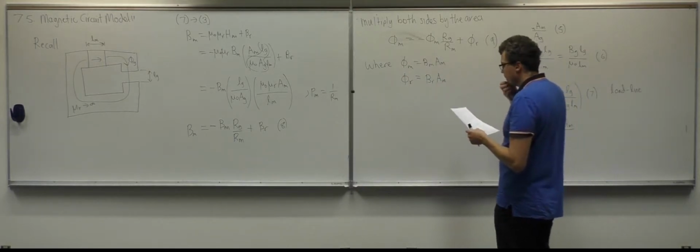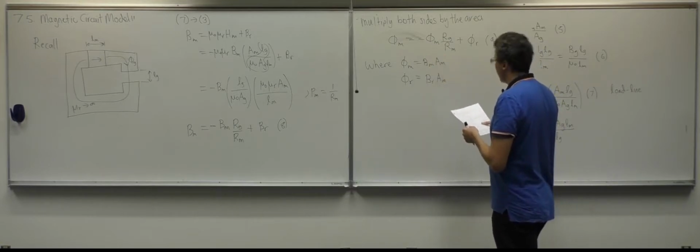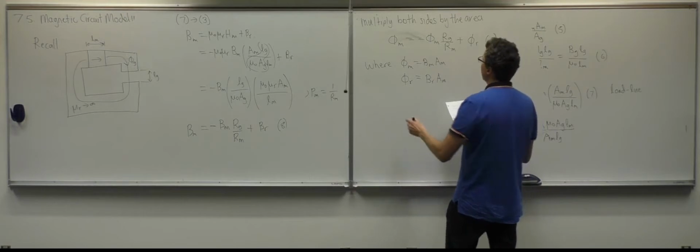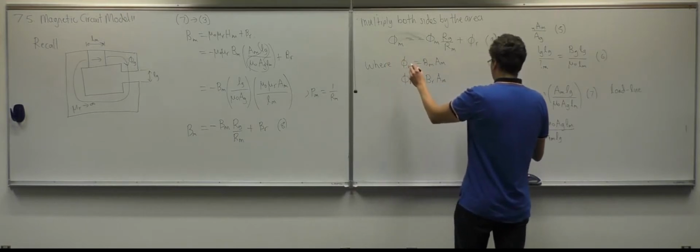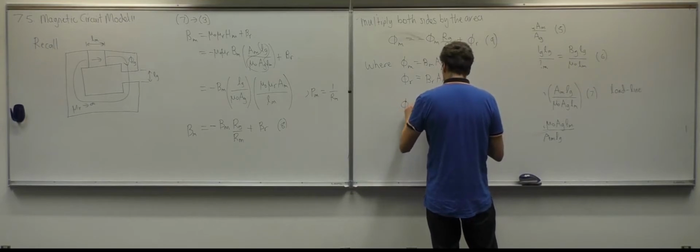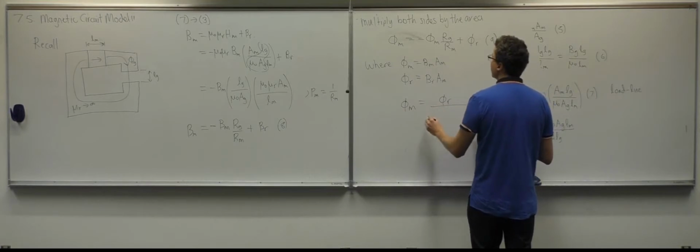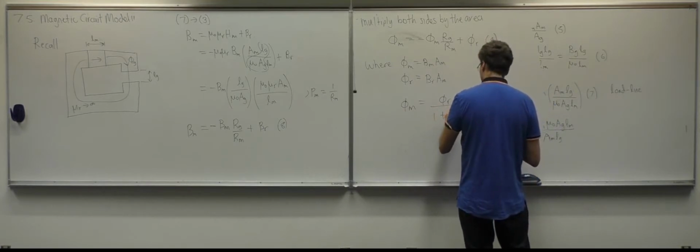Then if we rearrange this, we can write flux m is equal to flux R divided by 1 plus Rg over Rm,